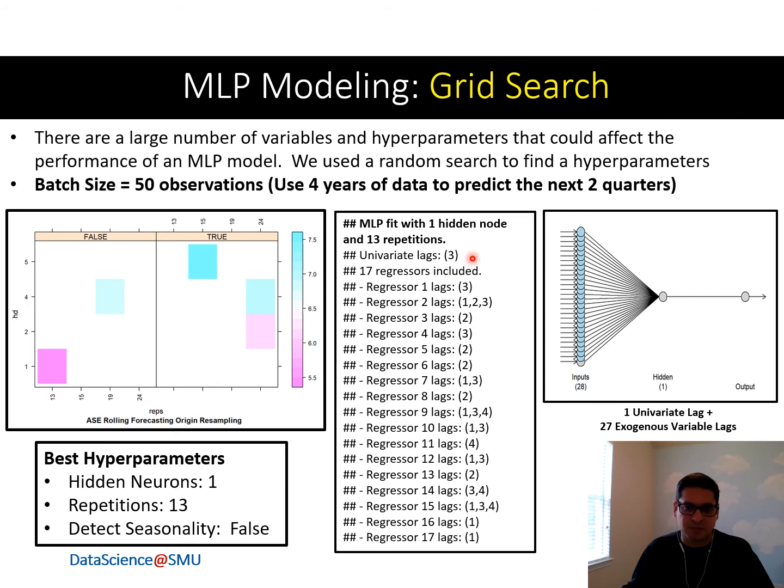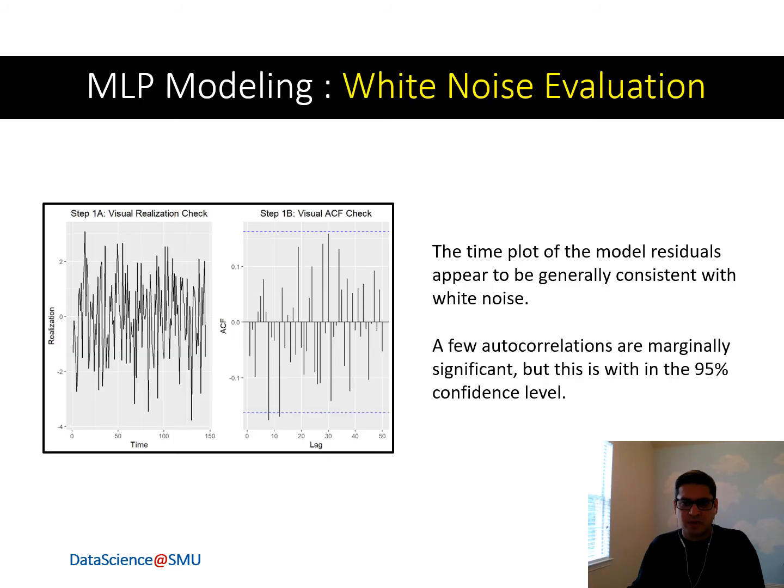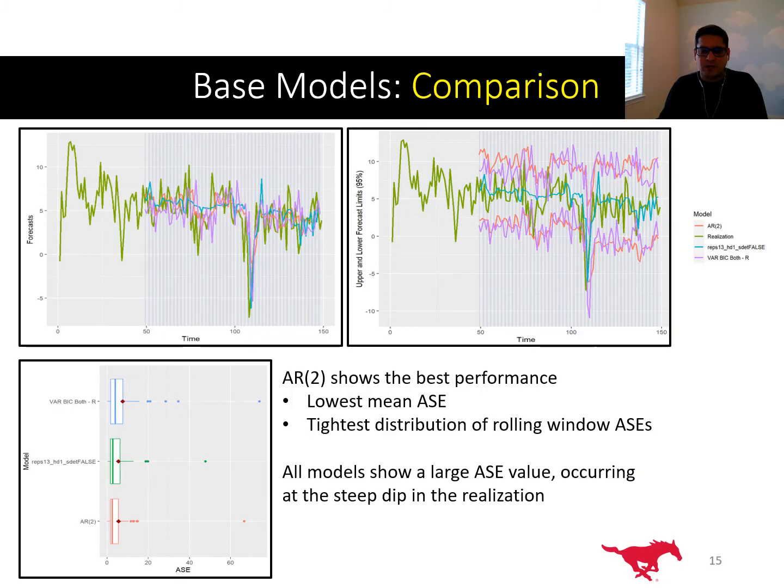And similar to the previous multivariate model that we built, we found that the number of lags that this model selects is quite consistent with what we found previously. In fact, the maximum lag selected is only 4. Looking at the residuals of this neural network model, we find that this is quite consistent with white noise. The ACFs are also not showing many excursions, and this is in fact even modeling the sharp dip in the GDP very well.